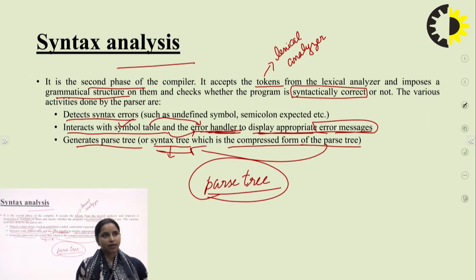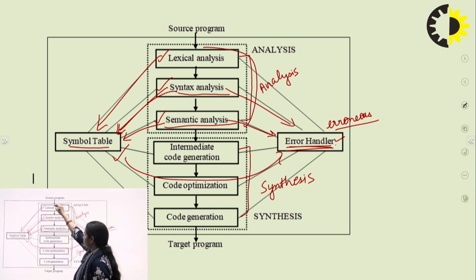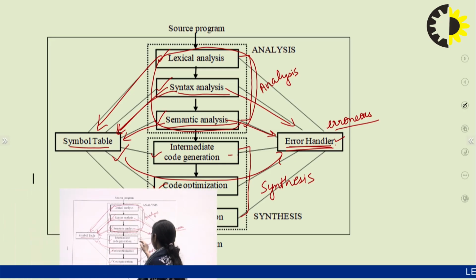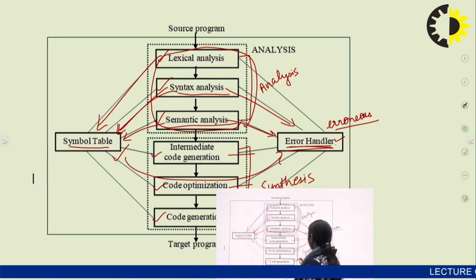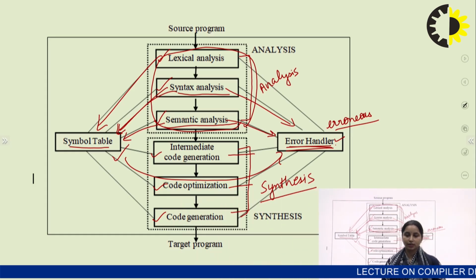So these are being done during the semantic analysis. After semantic analysis, let's check what is the next phase. Now see, the analysis part is done. Now the next part is intermediate code generation, code optimization, and code generation. These three are the synthesis part, which we have discussed in the previous lecture. So let's come to the intermediate code generation.